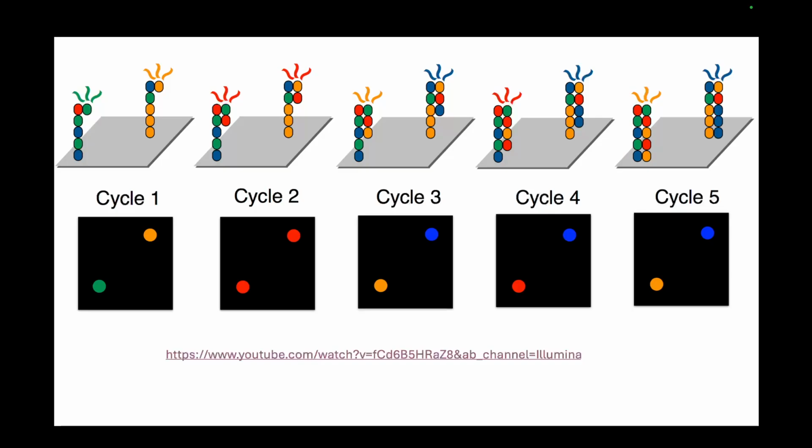the base caller software that identifies this light and assigns a base to that particular position of the genome, the output that it gives is basically a probabilistic value. So it will give you a probabilistic value between 0 to 1, and depending on that value you can be confident